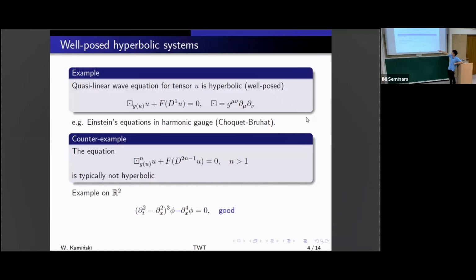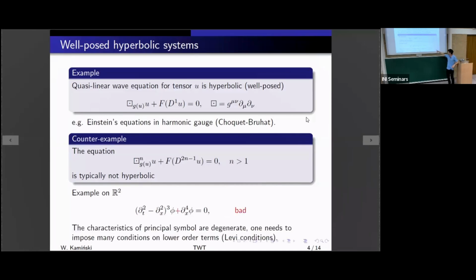So one can compute the mode expansion, and one can notice that all the modes are bounded. So basically, by Fourier transform, you can write the solution explicitly, and it's well posed. However, if one changes the sign here, this is the lower derivative, the third derivative. So this is the leading term, and these three dots are lower order terms. If one changes the sign, then it turns out that the modes are growing.